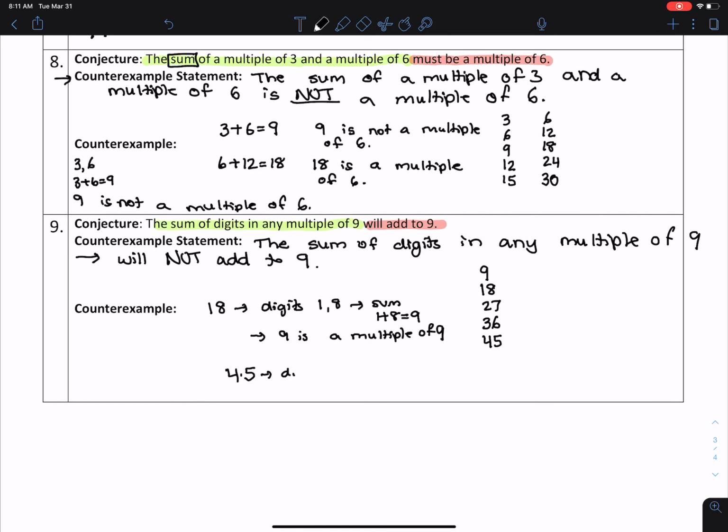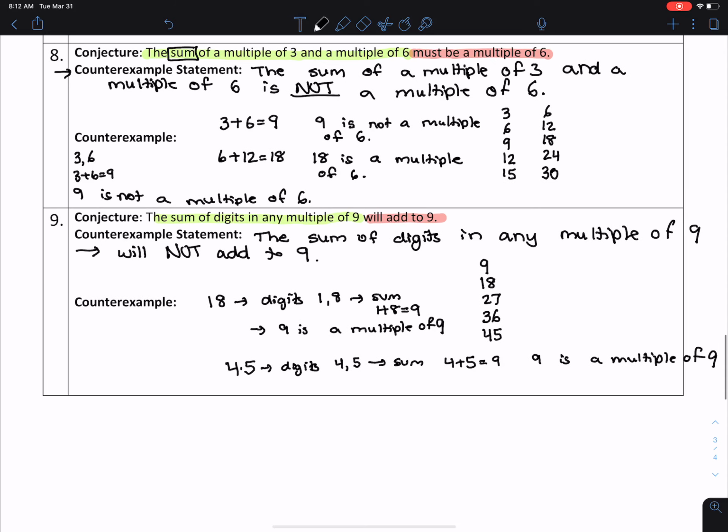The digits are 4 and 5. I take the sum, 4 plus 5, and I get 9, and 9 is a multiple of 9. So now I have to be a little bit clever here. I want to find one where the digits don't add to 9. So let's keep going. 45, 54, 9 times 6 is 54, 9 times 7 is 63,